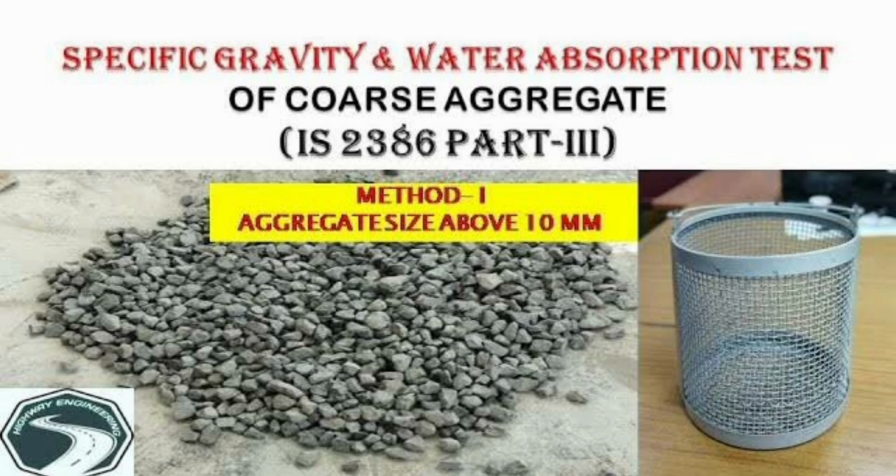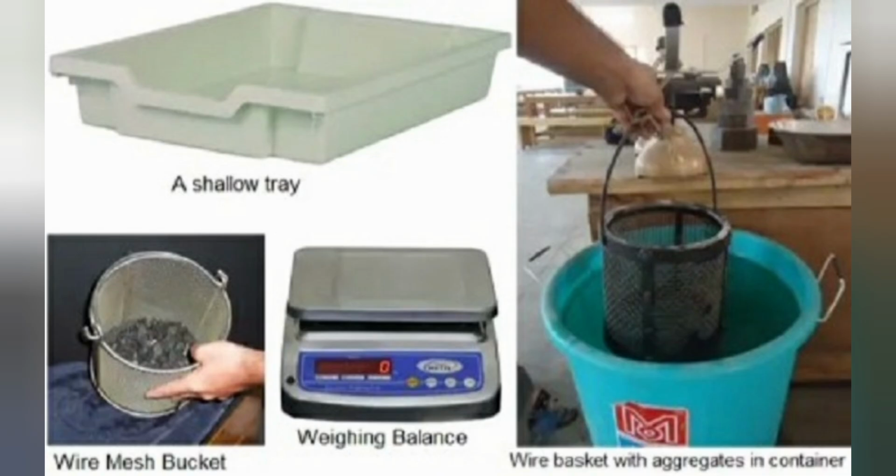Water absorption, as the name implies, measures the amount of water an aggregate can absorb into its pores. This is crucial because if the aggregate is highly absorptive, it will steal water from the mix, reducing workability and affecting the water-cement ratio. We determine these by weighing the aggregate in three conditions: oven dry, saturated surface dry, SSD,